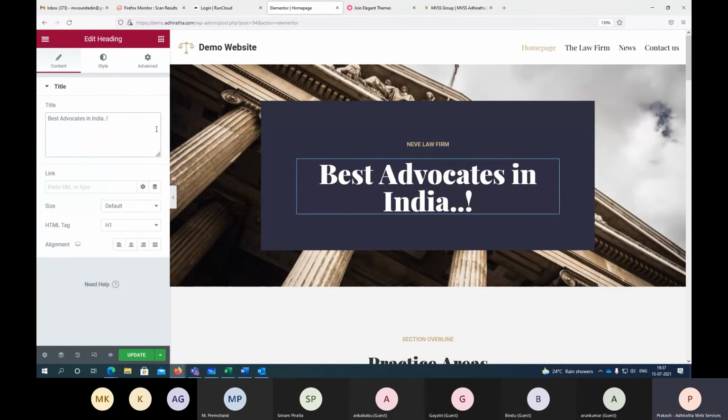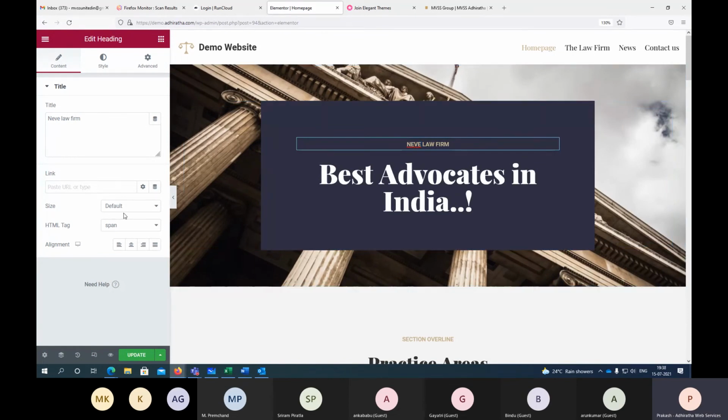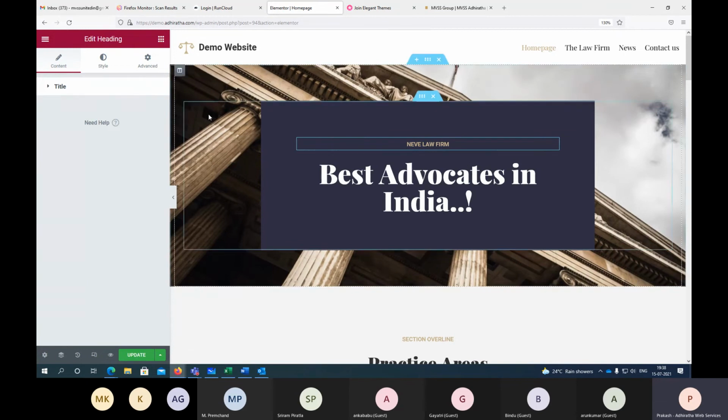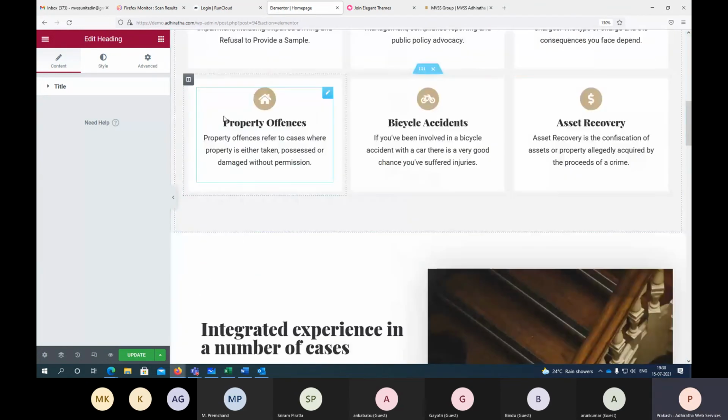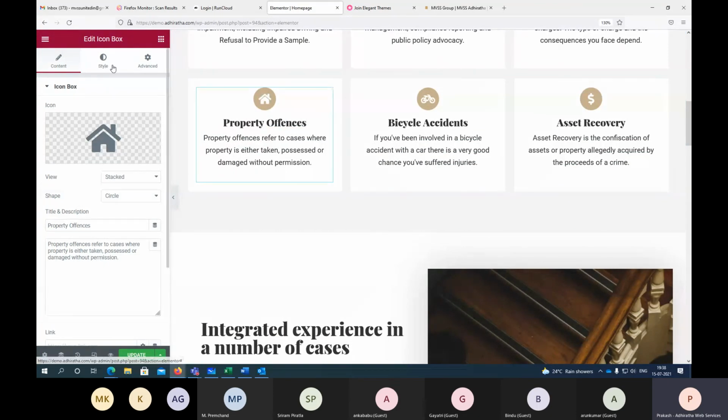If you want to change the size, the alignment, or this icon, we can do all of these things here.